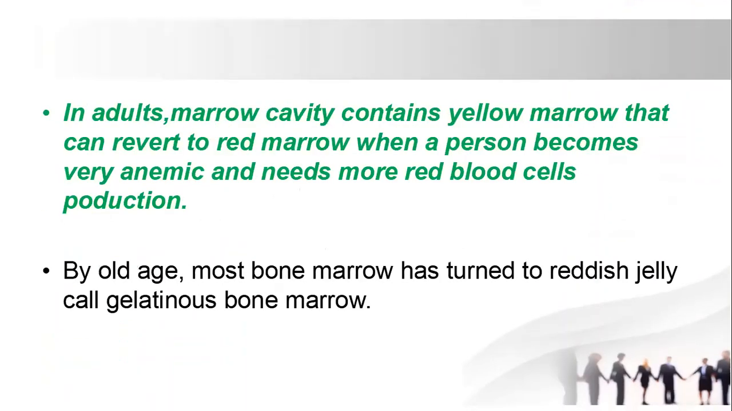In adults, this is just additional information. Marrow cavities contain yellow marrow that can revert to red marrow when a person becomes very anemic and needs more red blood cell production. In children, the marrow is still red, but when a person becomes an adult, the yellow bone marrow reverts to red bone marrow when a person is very anemic or has less blood in the system. By old age, most of the bone marrow has turned to a reddish jelly called gelatinous bone marrow. So when one picks a bone from an old person,